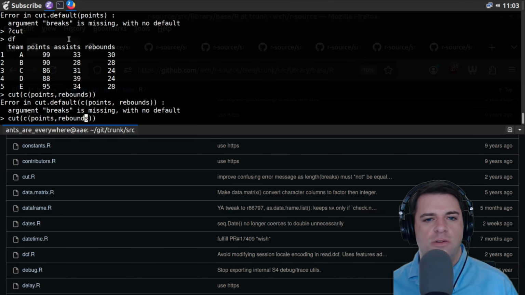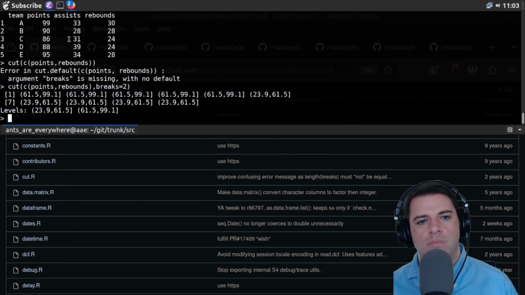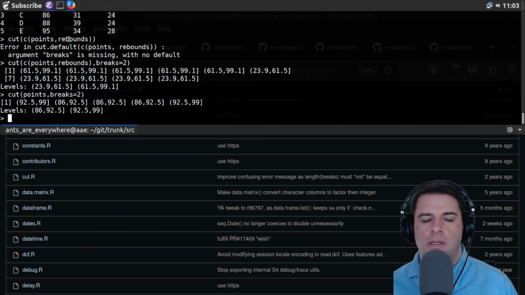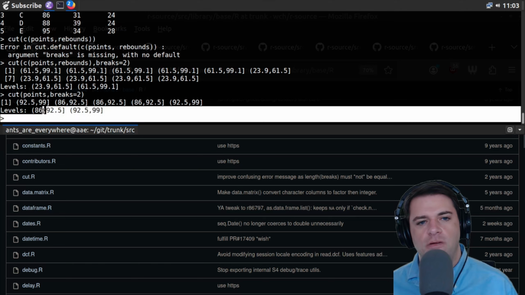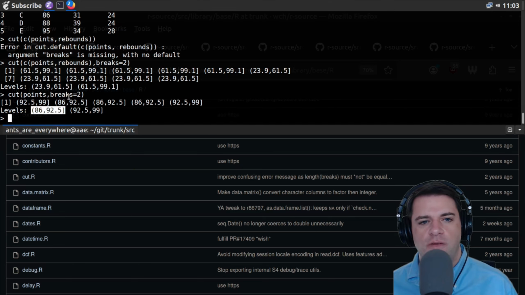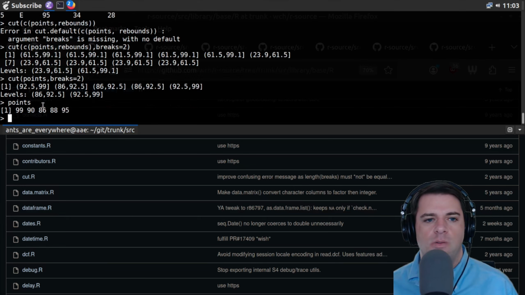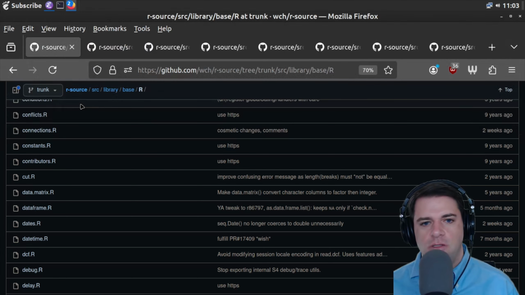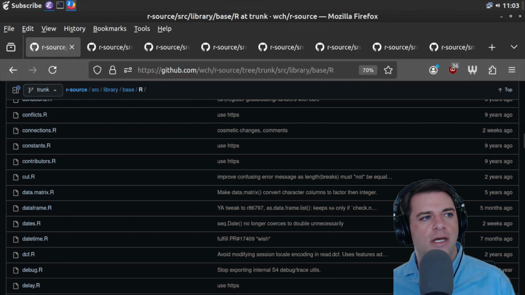And what if I set breaks to just a number? There, whatever that is. I guess we get two half open intervals, 86 to 92.5 and 92.5 to 99. And we see which interval each point falls in, is what this is. So this falls into the first interval, this is the second, and so on. Okay, so that's for slicing up continuous data into something more discrete so that you can use some of the discrete